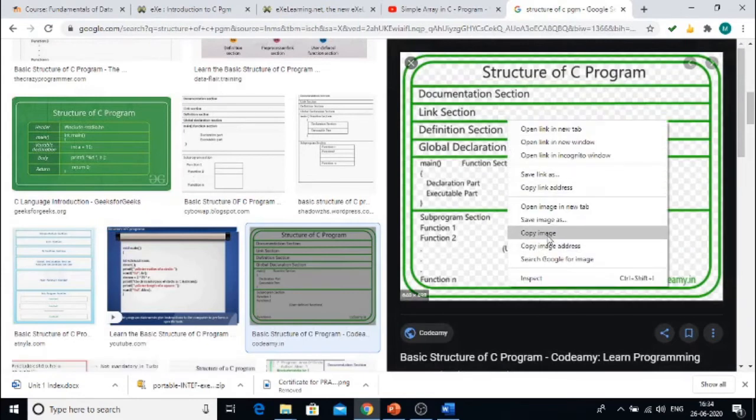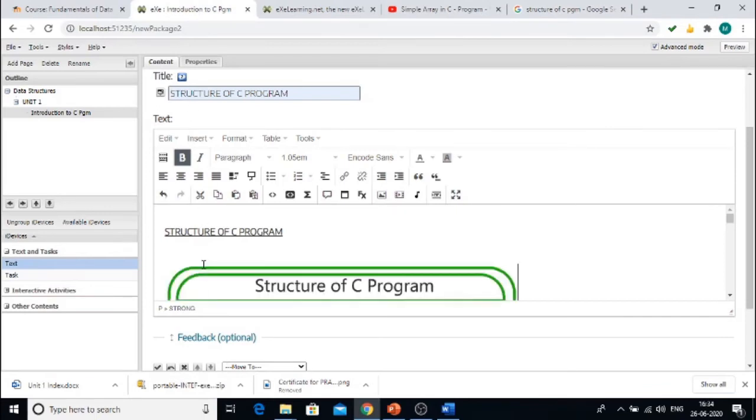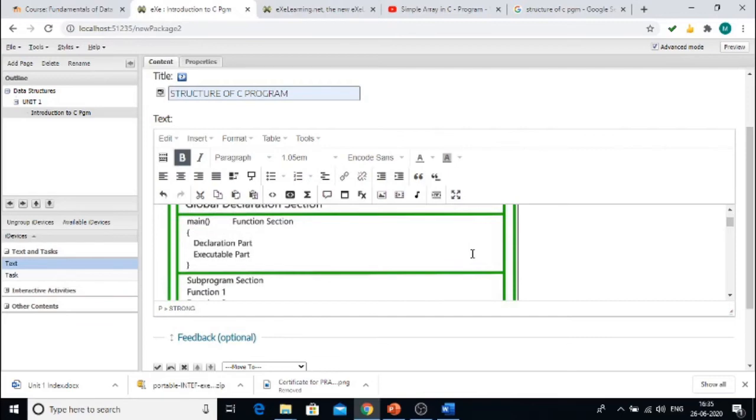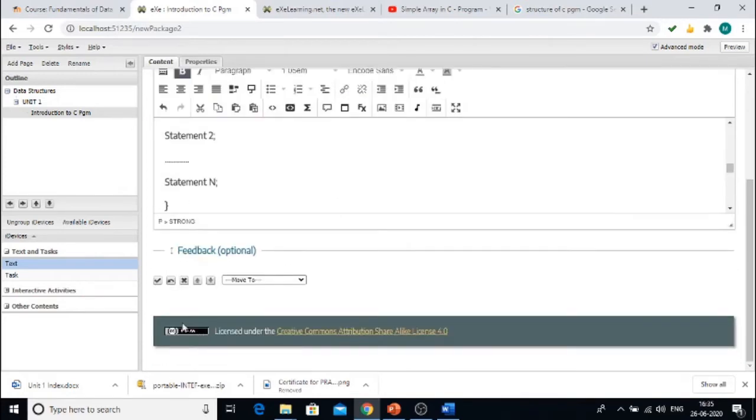Come to your exe software. You can paste it. So the images can be directly embedded inside your text box. After checking the alignment and the content, you have to save this section. So click on the tick button.